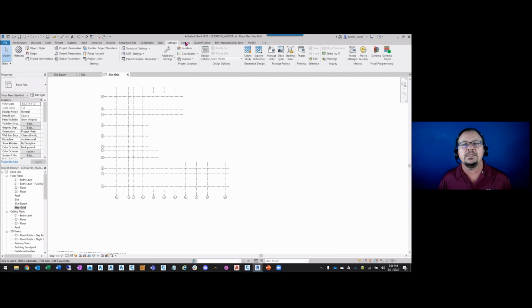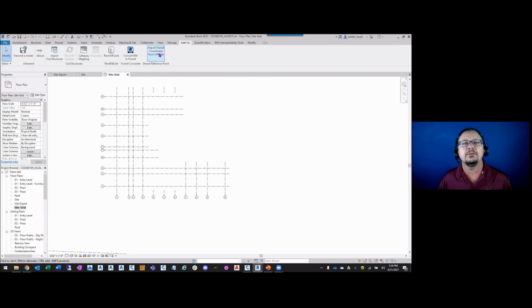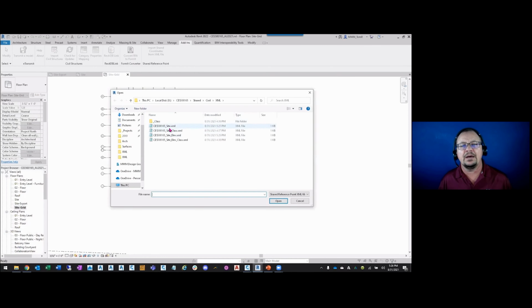I'm going to go to the add-ins ribbon, and I have the import shared coordinates from XML file. I'm going to click on that, and I'm going to pick the first origin point intersection. And you'll see down here at the bottom, it tells you what it's looking for. Now I'm going to go to the Y or the up. I'm going to click that point, and now it's going to ask me for which XML file has the coordinate values for those 2 points. So in this case, I'm going to go ahead and use this one that I modified that has elevation in it.